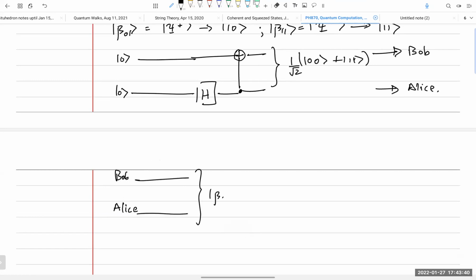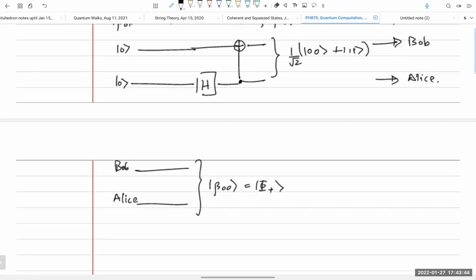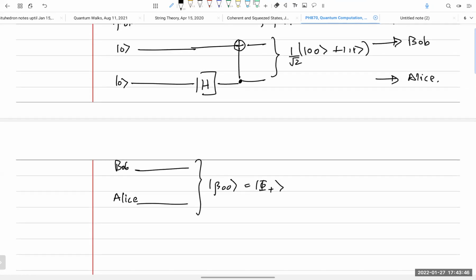Now Alice wants to encode a message, and depending on what the message is, what Alice does is she applies an X gate and a Z gate, depending on whether the message contains